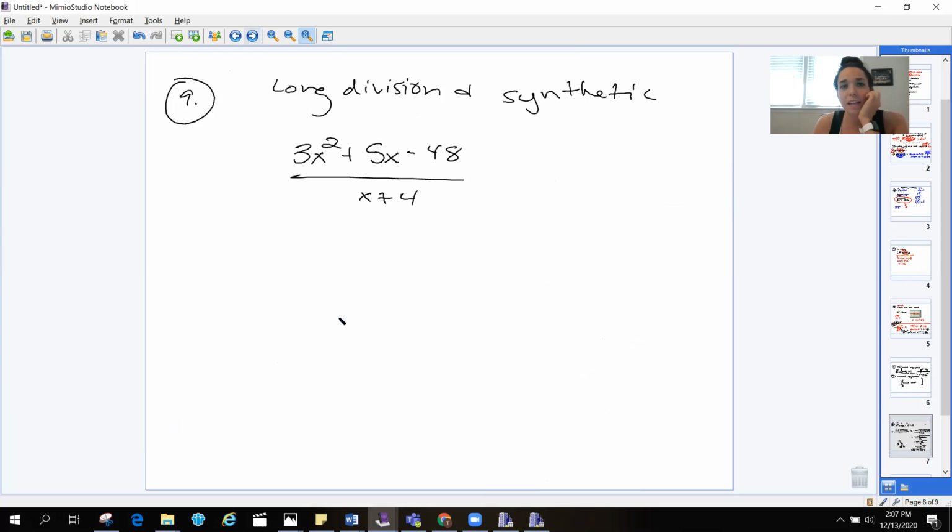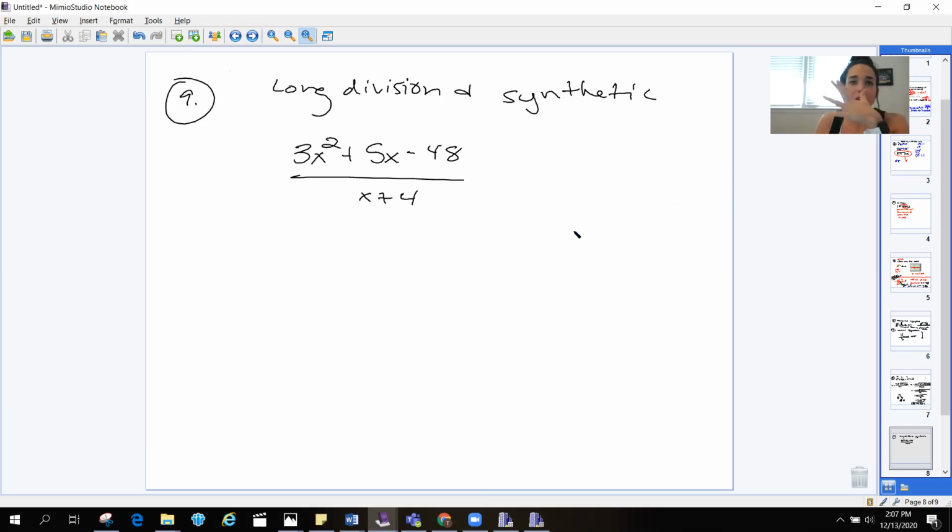All right, so looking at this next problem, long division and synthetic division. There are 2 problems over this. And yeah, there's 2 problems over this. So I'm going to show you how to do both ways. So for long division,